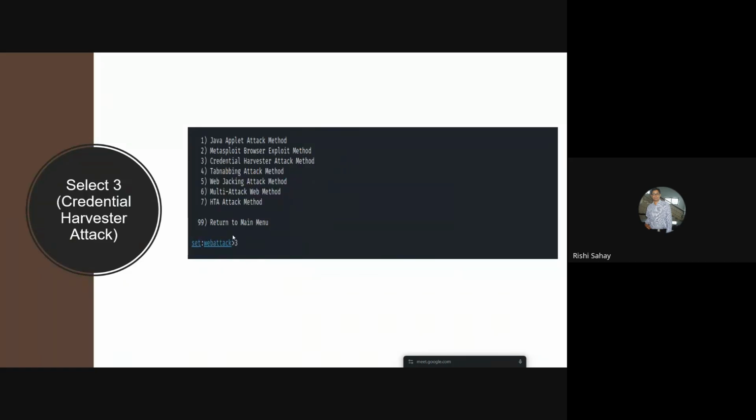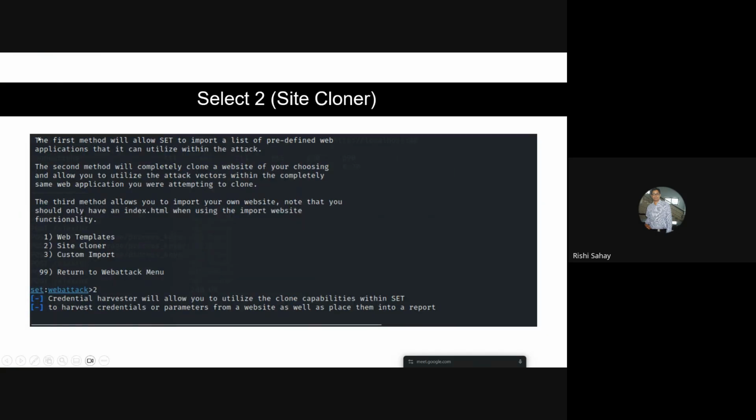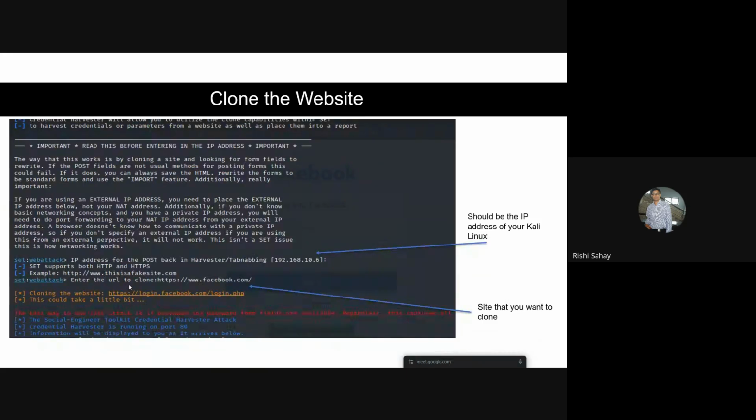And then I selected the third option. Here you can see credential harvester attack. So like extracting the credentials like username and password. And then there are some templates that you can use. You can also provide your own, for instance, maybe some other website like Facebook, Instagram, and anything. So here you see that I entered the URL of Facebook.com, and then it will clone that